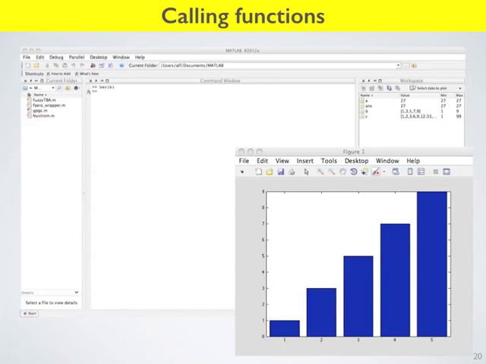So how do you call a function? We're going to call a function bar. Bar is a built-in function in MATLAB. If you call a function that doesn't exist, MATLAB will complain. You can call a function that you've designed by navigating to a local directory and then just calling that function. So you can call functions that you've made rather than ones that came shipped with MATLAB. But the syntax is always the same.